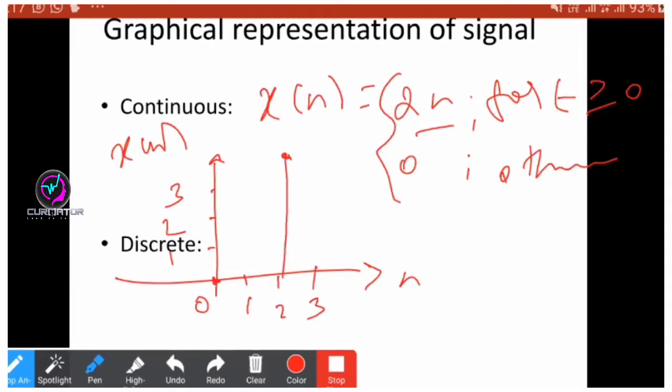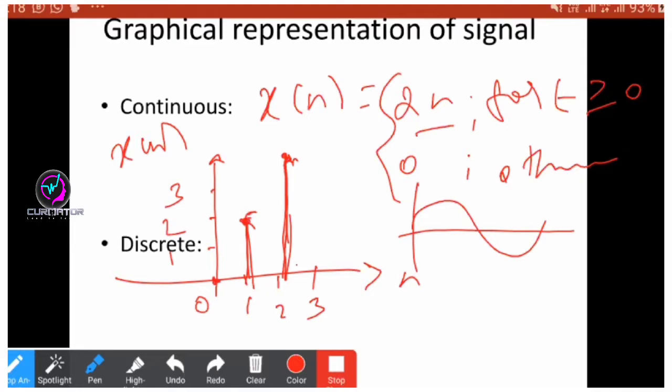If n equal to 1, x of n will be 2 into 1, 2. While plotting a discrete time signal as a graph, it should not be continuous like in a continuous time system, because we have only samples like this. It will be like a stem plot